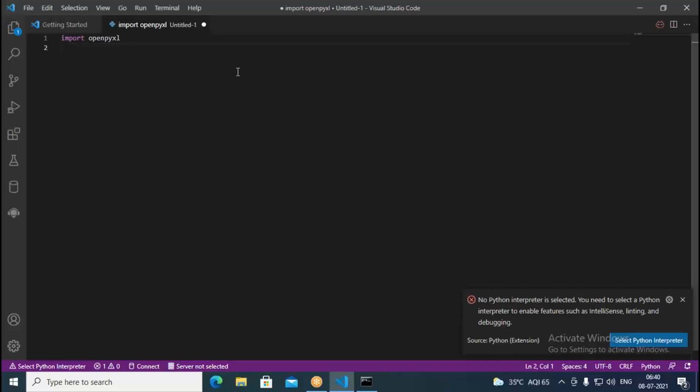So next thing, I should create here a workbook. For that, I write here wb. wb stands for workbook. Then here openpyxl, and in this we have a method called load_workbook, or we can say here Workbook. Here you can specify the name of the file. I put here 123.xlsx. So this file I would like to create.